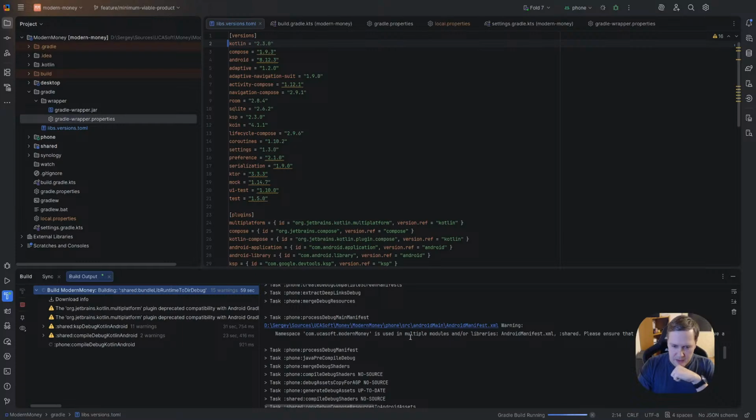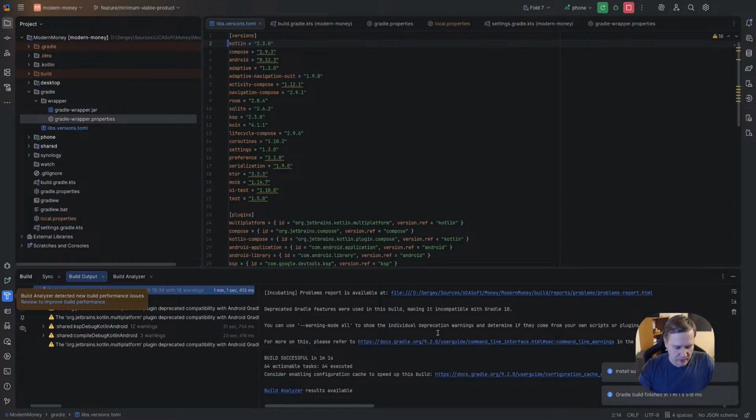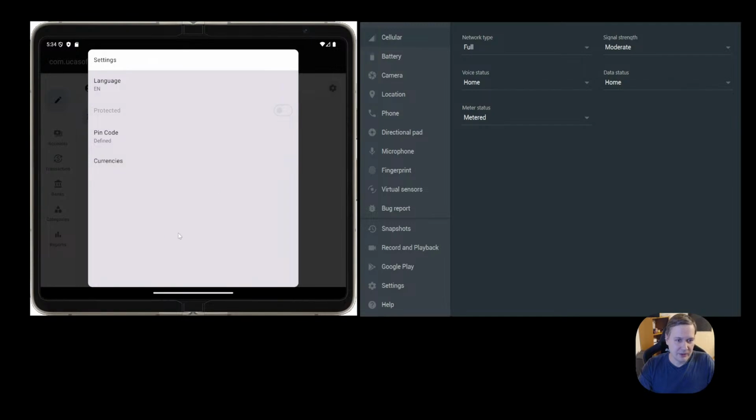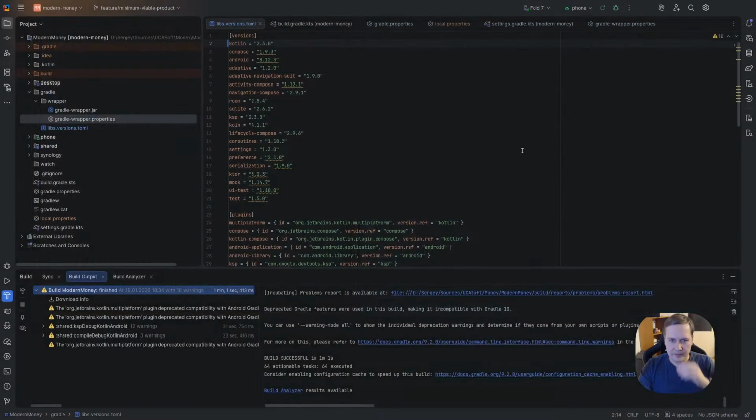Okay, namespace is used multiple times. This warning maybe also will be better to fix as soon as possible, but let's check. Install successful. We need to provide some version here to be able to see which version we're using right now. But we don't see any issues.